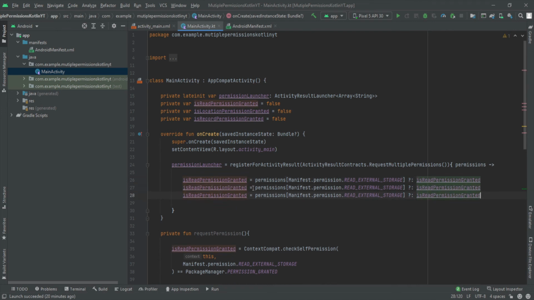So let us just copy this location permission, and here we'll define fine.